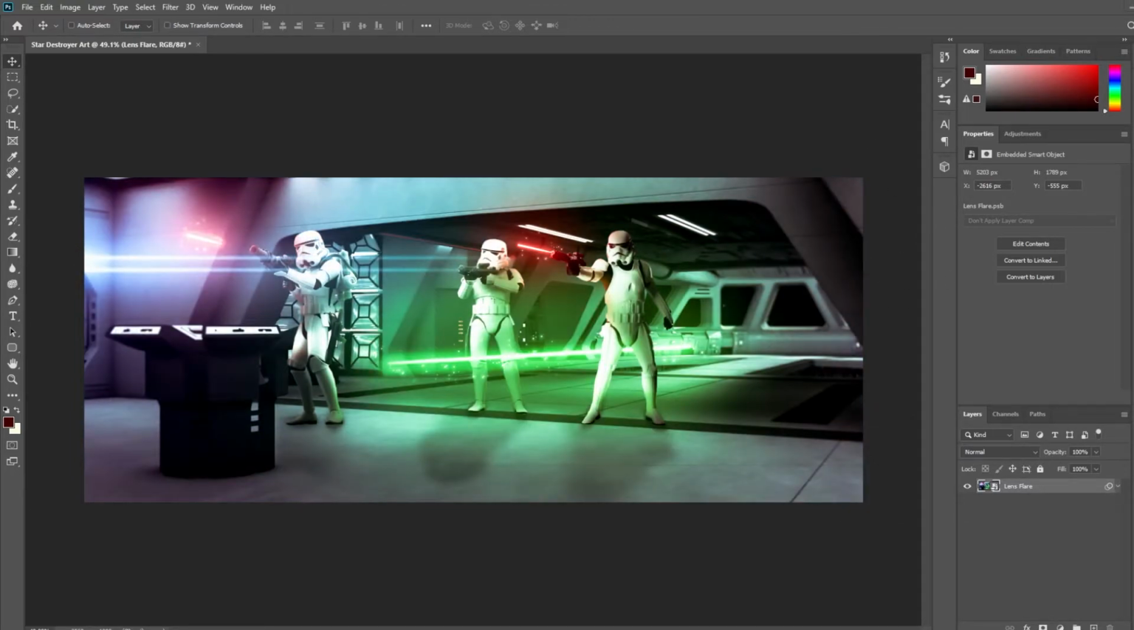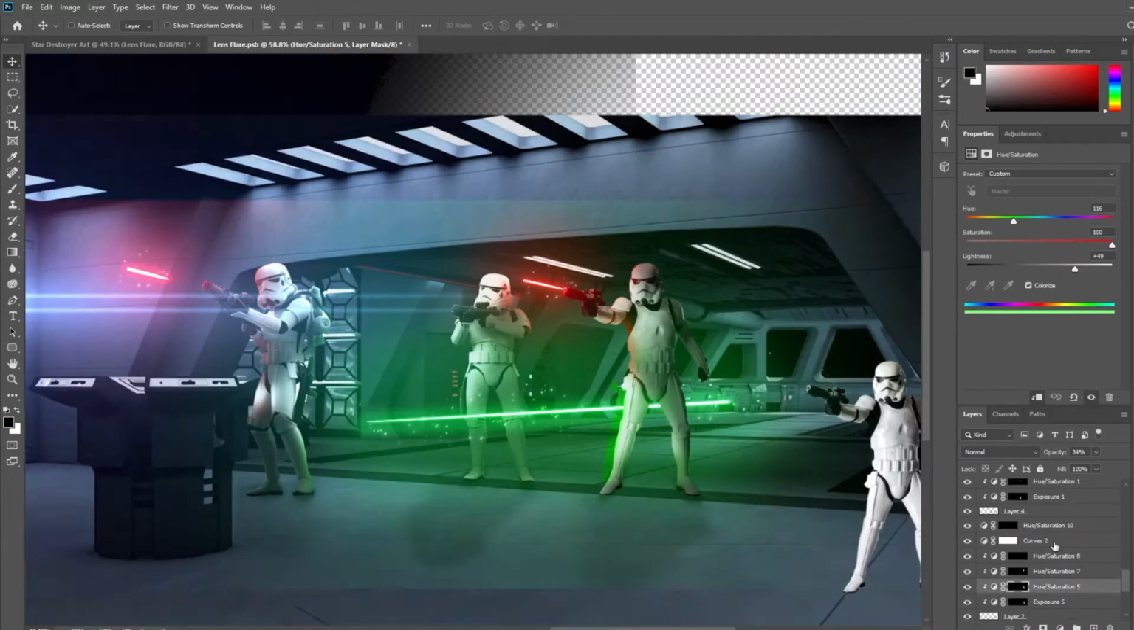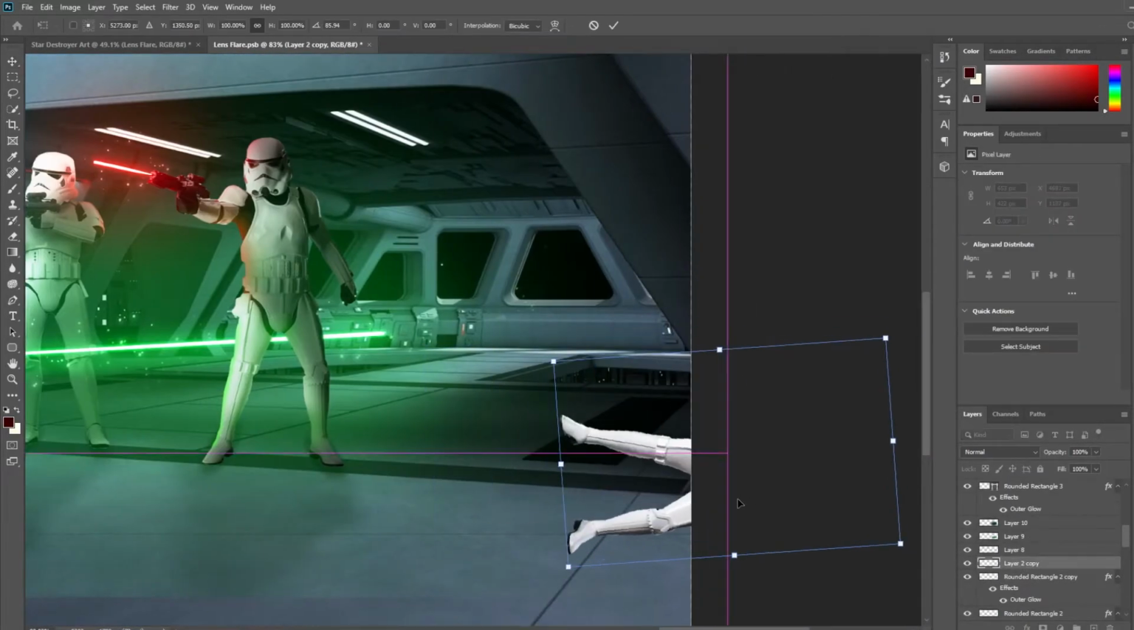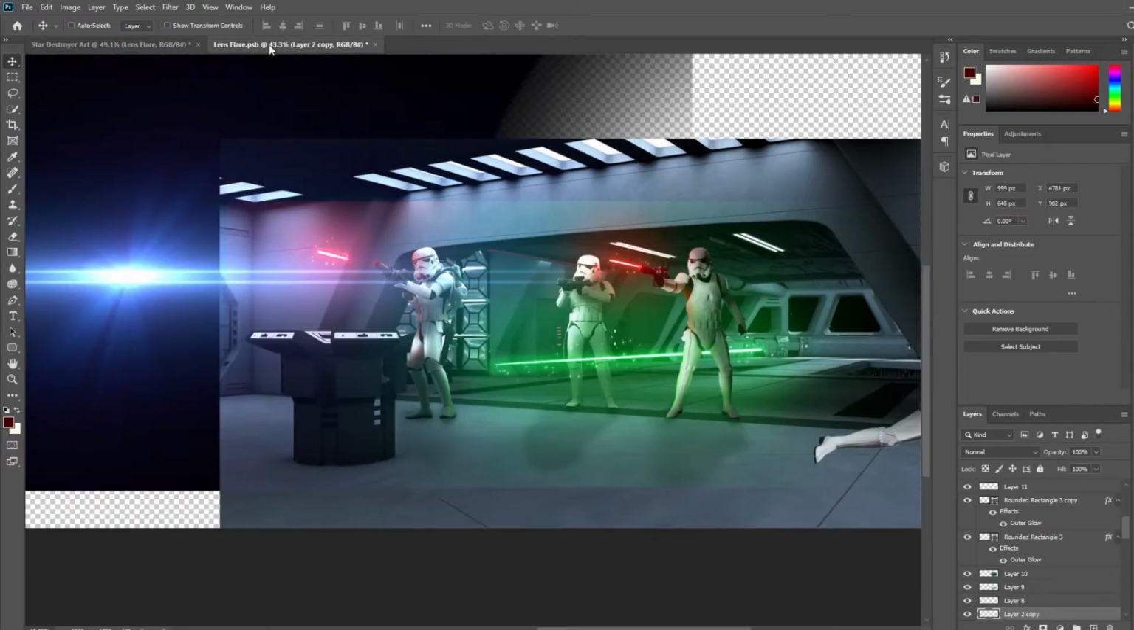After I applied my camera raw filter, I was liking how it looked. However, I didn't like how there was now this big empty void on the right side of the screen. So I needed something to fill that void. And my solution to this problem was to take one of the stormtroopers and make him look like he was